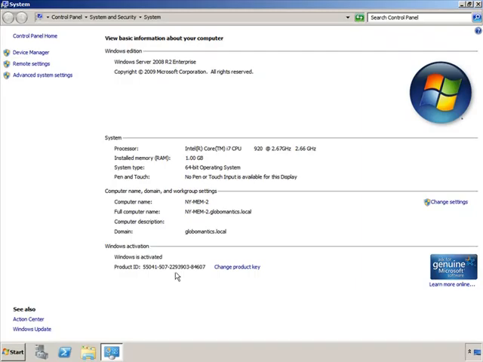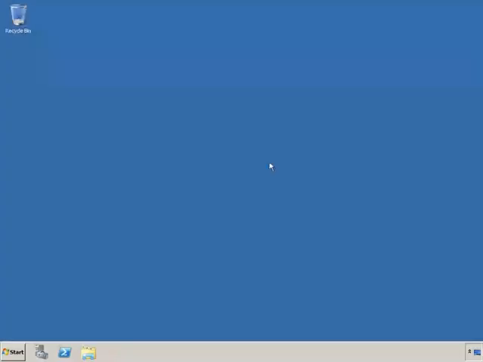Right-click Computer, Properties: New York Mem 2, part of the Global Mantix domain. Okay, nothing fancy has been done to this computer. Now, if you're trying to follow along, this computer can be a virtual machine, it can be a real machine, it doesn't matter, but you want to create another machine. Now, in my case,